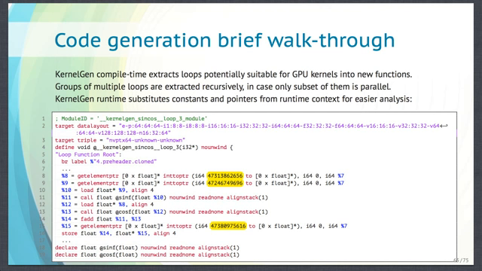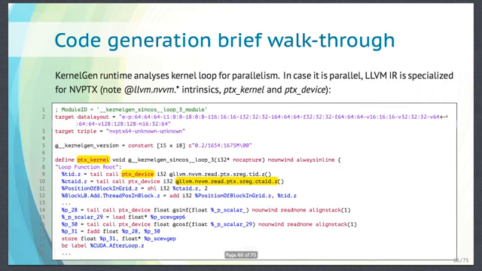We are only trying to extract loops just to make some preliminary representation for loops for further analysis. So in this case, we have an extracted loop here, and we have substituted values for pointers and for dimensions here. And it's a little bit slow, right? And in case the loop is parallel,